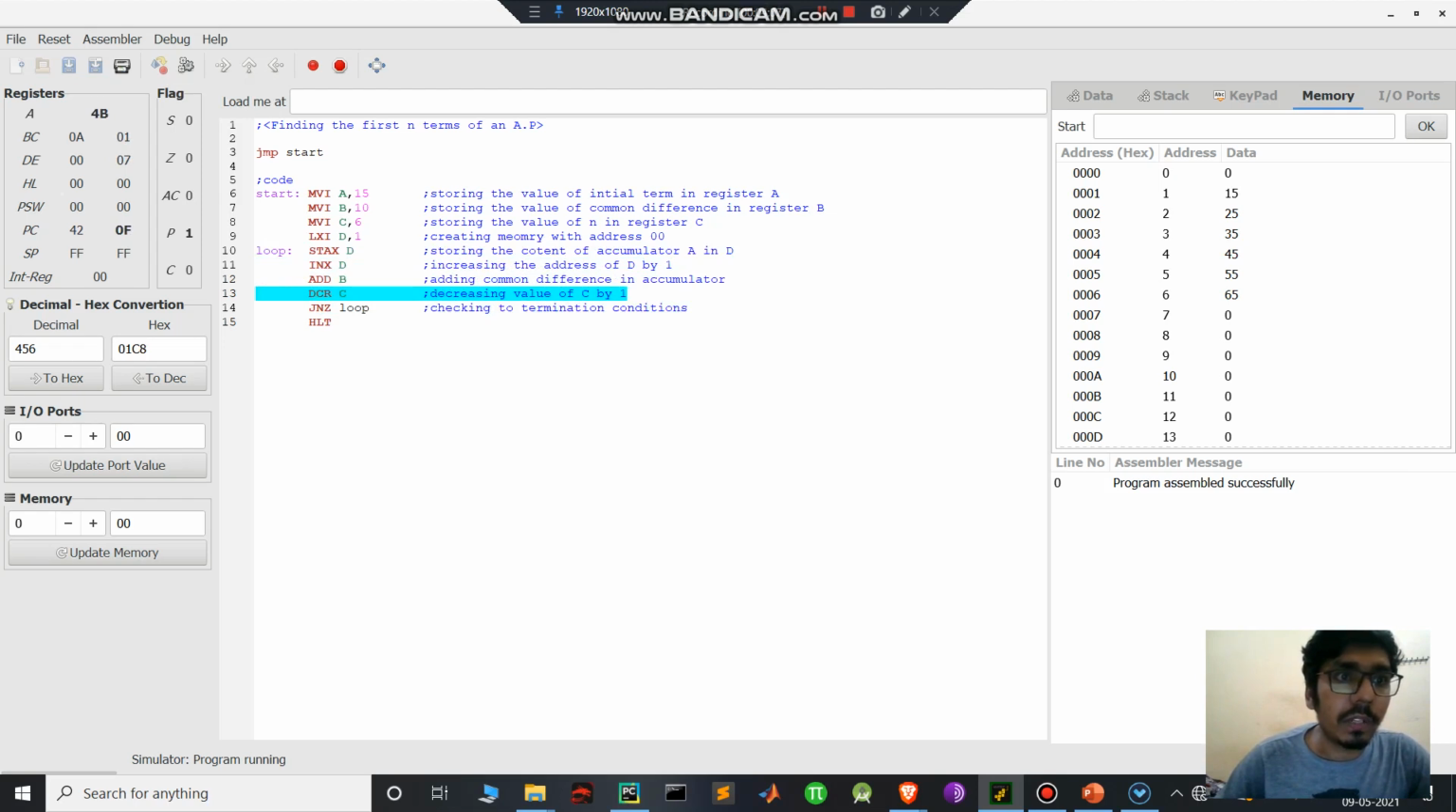Now after executing this line, the value of C will become 0. As you can see here, it is 0. Now the value of C is 0. The program will get terminated here. And as you can see, we have found all the 6 elements of the